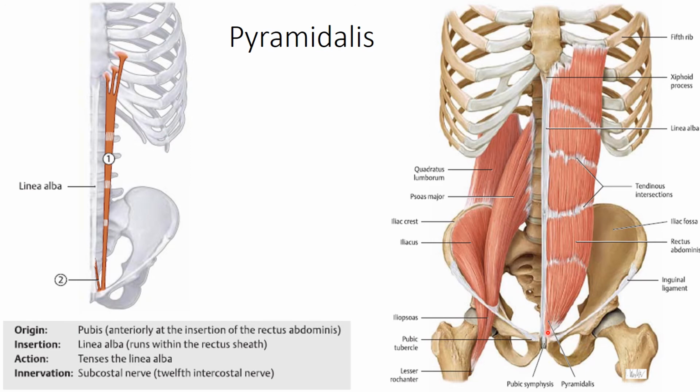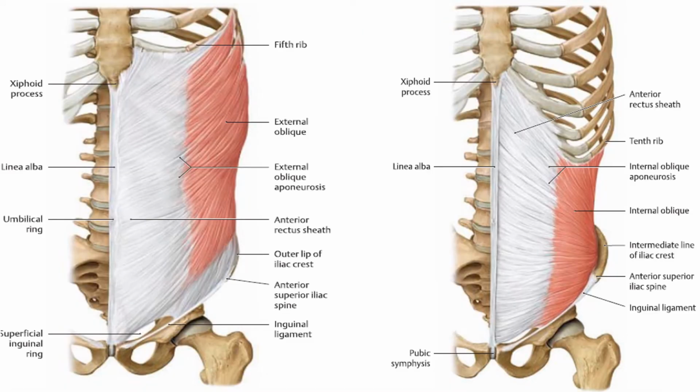It is usually found midway between the umbilicus and pubic symphysis, and as it is attached to the linea alba, it tenses the linea alba. So this is an overview of the muscular layer,